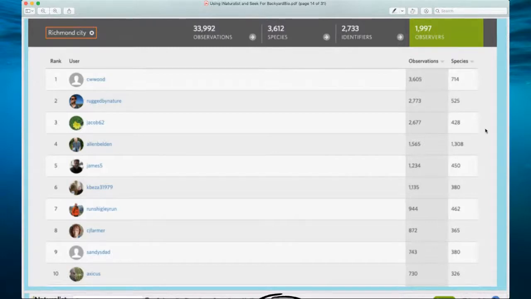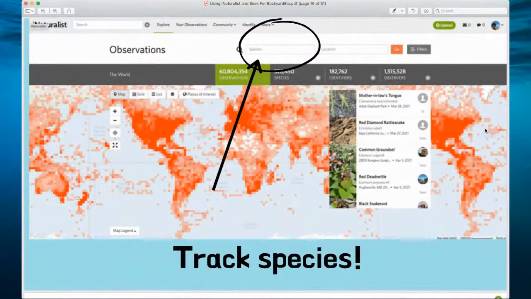I just find it a really useful tool. I've had many fantastic conversations with people through the iNaturalist app and learned a lot about local biodiversity where I am in Toronto. So the other thing you can do outside of going to an individual city is to track